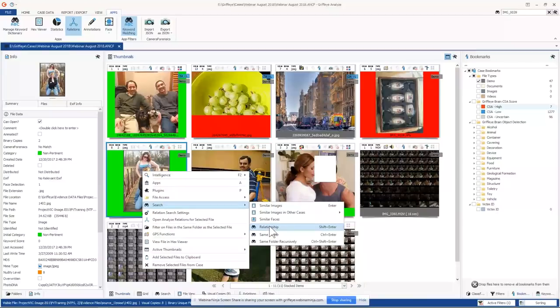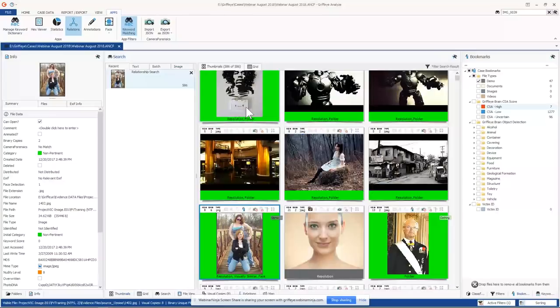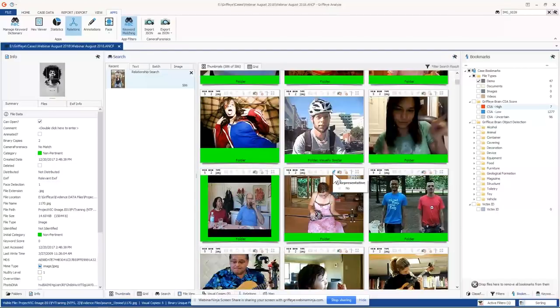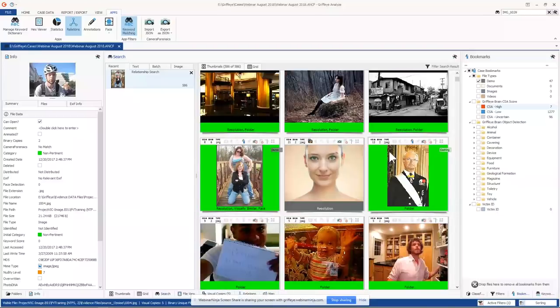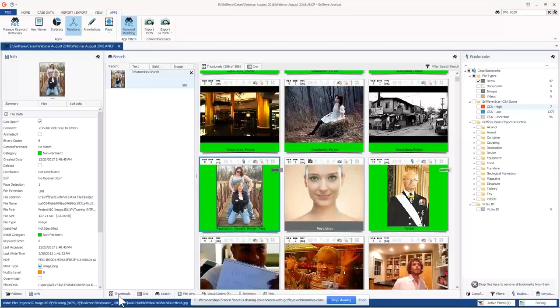Before I click on that, notice that I can search for files in the same folder. Say I found this file and I want to see everything else in the same folder. If I click on that, it'll show me all the files in the same folder, or recursively as well. So I'm going to just show me those relationships, and it kicks me over and says, here's the files and here's all the matches and how they're related. This folder is visually similar. This is all in the same folder. The resolution is the same on this picture, things like that.